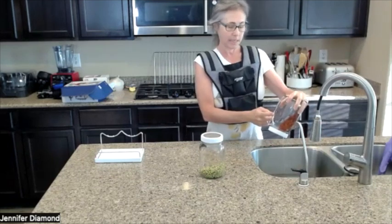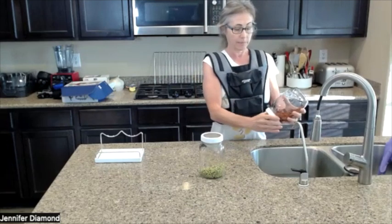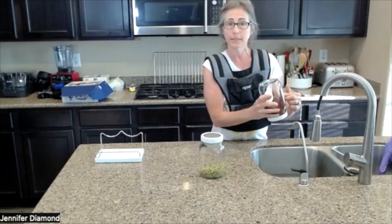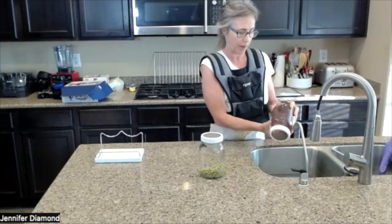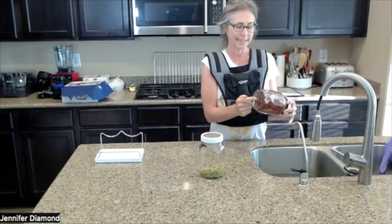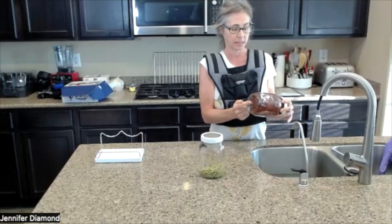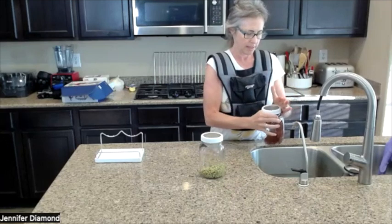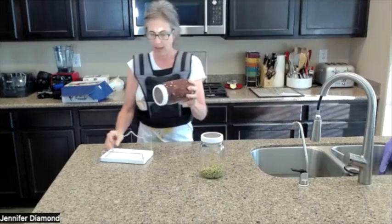So with the broccoli, I'm a little careful, like I had mentioned before, because a friend of mine had not had good luck. I don't want them at this point to be in too much water, but I don't want them to dry out because then they won't sprout. So I'm only going to rinse these twice a day. I think with some different kinds, you could do it 3 times a day. I'm going to rinse this twice a day. So once now, and then once maybe before I go to bed. And so after I rinse that,